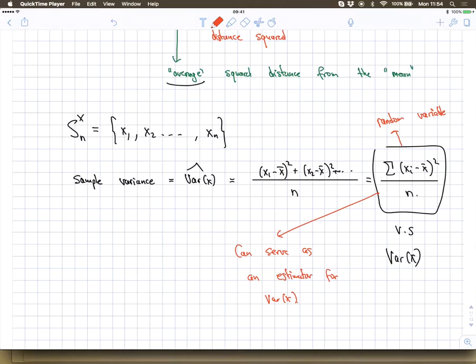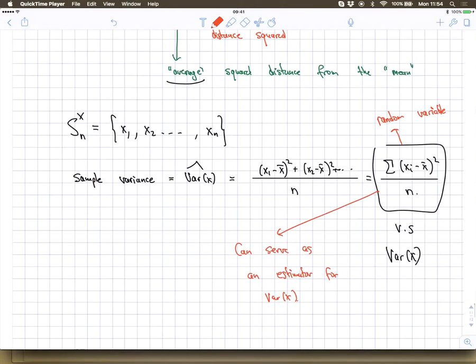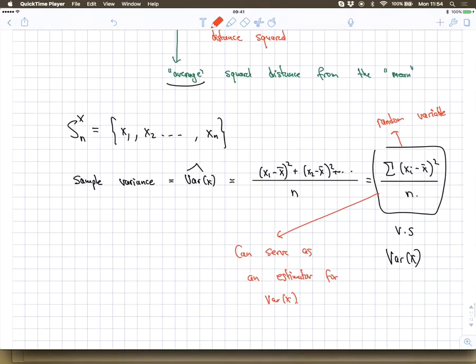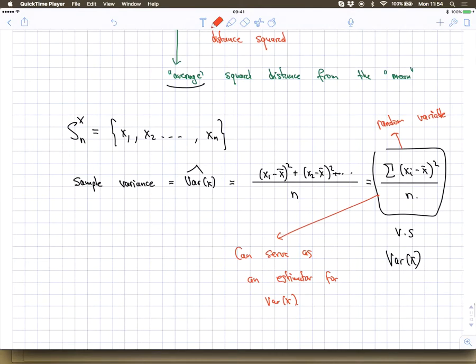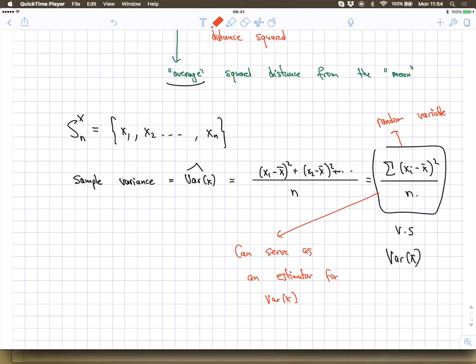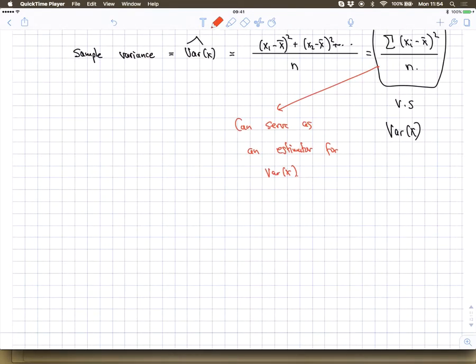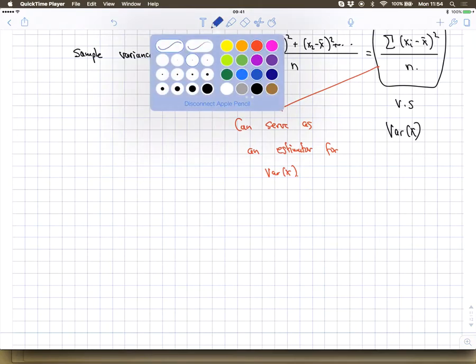Because every time you change the sample, you're going to get a different answer. And that's why you get this distinction between sample variance and variance. Now, I want to conclude this video with a visual of the